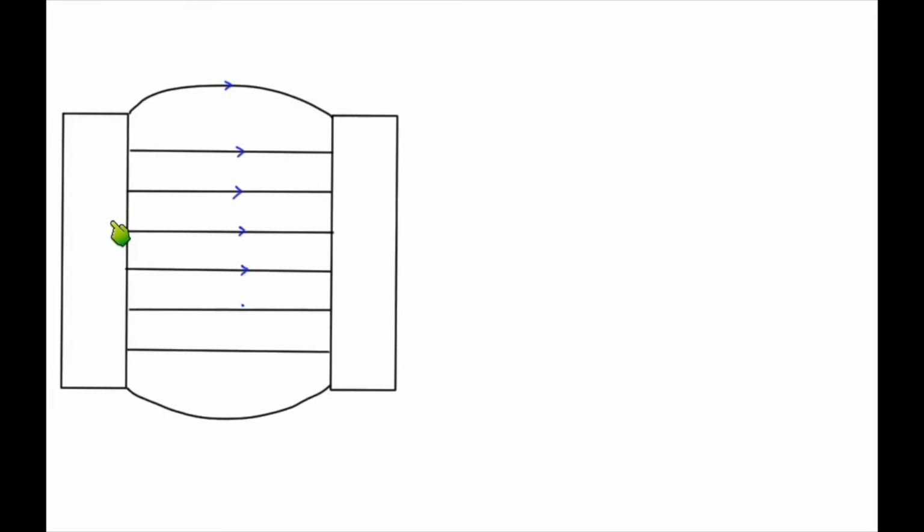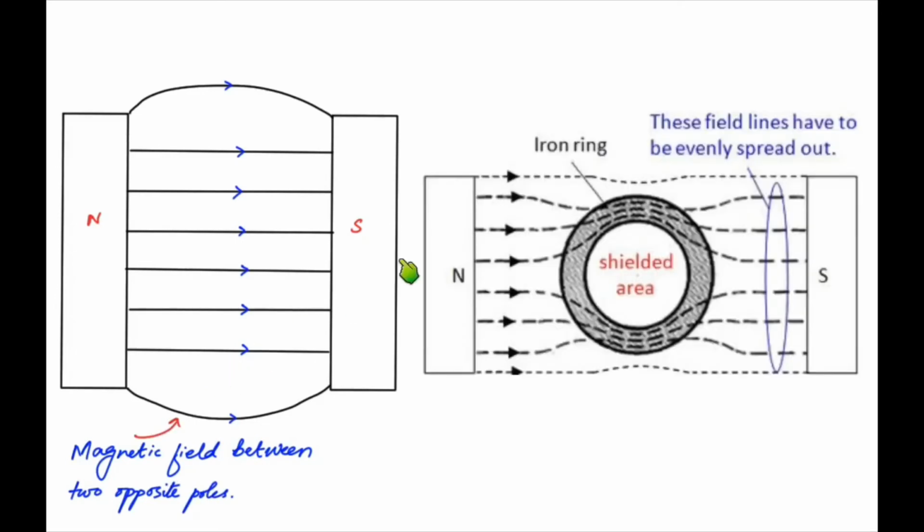Now, to know how magnetic screening is done, let's take this example. There are two poles of the magnet, north pole and south pole, and in between the two poles the magnetic field lines are like this. Now if you place the iron ring between the two poles, the magnetic field lines will not be the same. They will be disturbed, and now these magnetic field lines are passing through the iron ring. The most important part is that no magnetic field line is passing through the region inside the iron ring, which means this region which earlier had magnetic field lines is now shielded from the magnetic field lines.